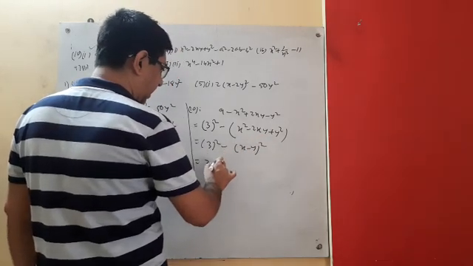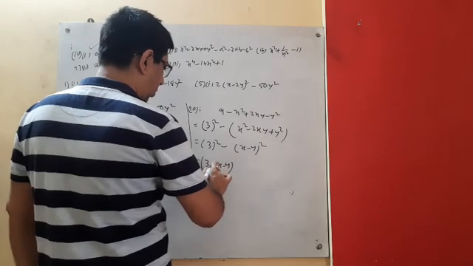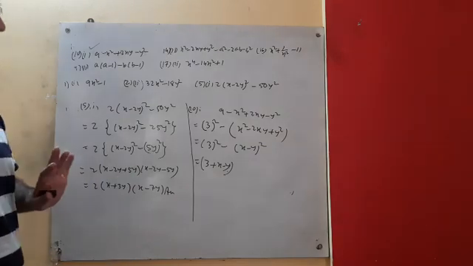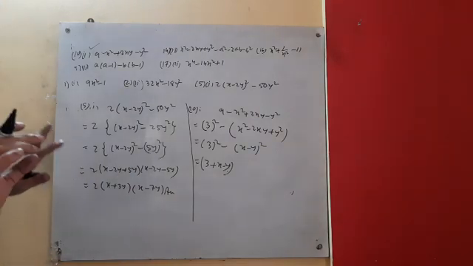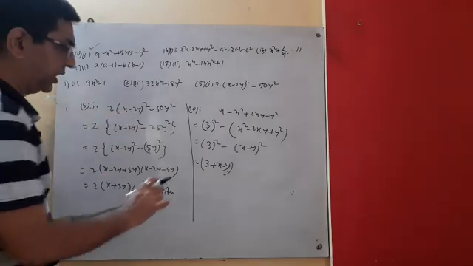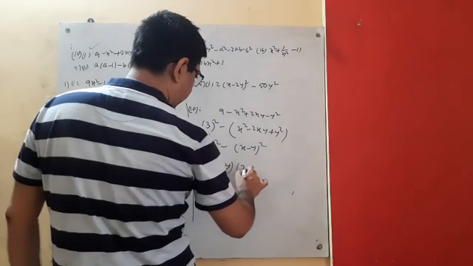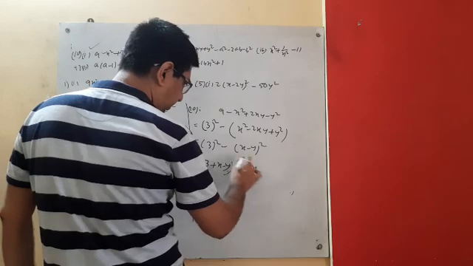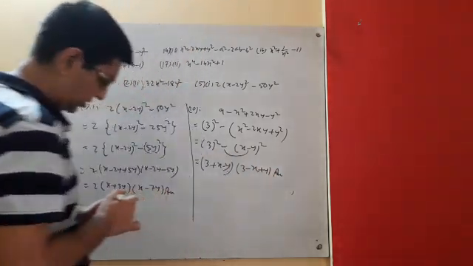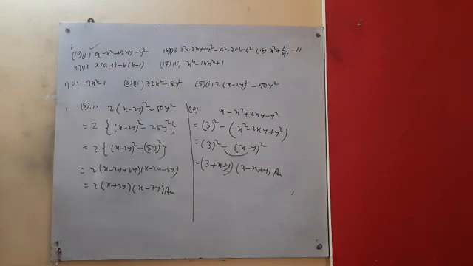So a square minus b square, a plus b. All the formulas I have uploaded in 2 videos, the cube formula and the square formula. Watch the videos 2 or 3 times, you will understand everything. A square minus b square, a plus b into a minus b, that is 3 plus x minus y into 3 minus x plus y. Okay, so this is the answer. Now we will move to some other sums.